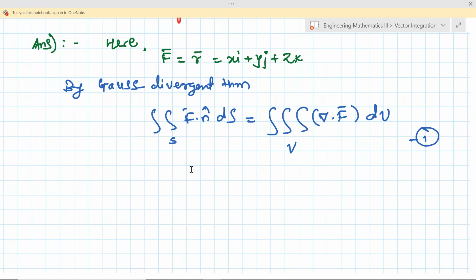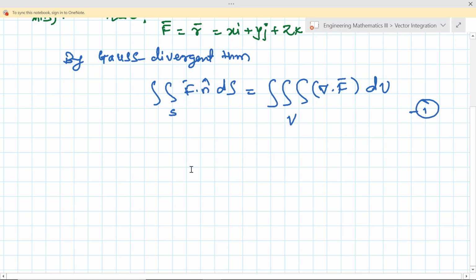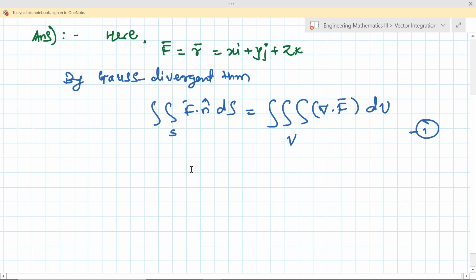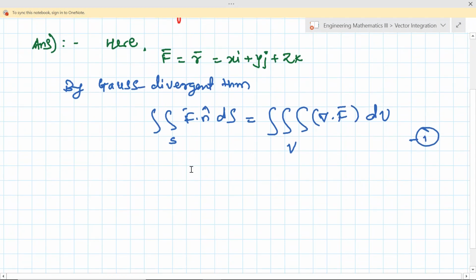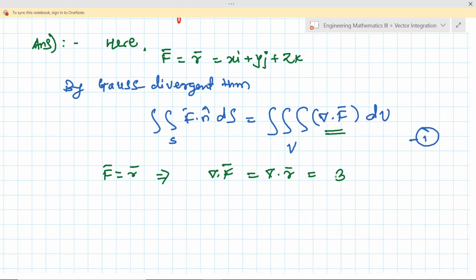Okay, so as we have the sphere, we can also find out the limits, no problem. But still, with the help of triple integration, it will be simpler. How is it? Let us see. So now f bar is simply r bar. So here f bar is equal to r bar. Instead of this, we are finding del dot f bar. So what is del dot f bar? Del dot f bar is nothing but del dot r bar. And what is del dot r bar? It is nothing but 3, that we have from the previous unit. We have this result, del dot r bar is nothing but 3. Okay, this is a very standard result that we have seen.